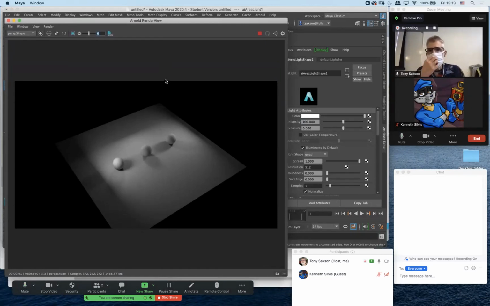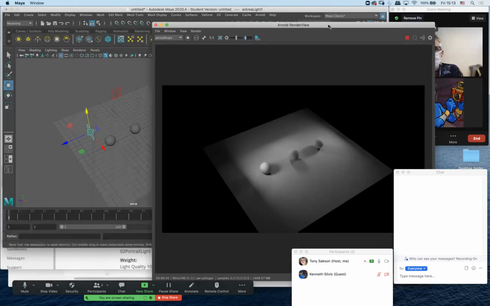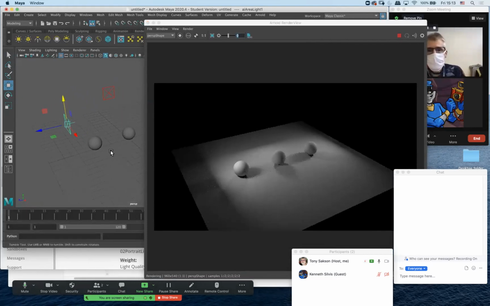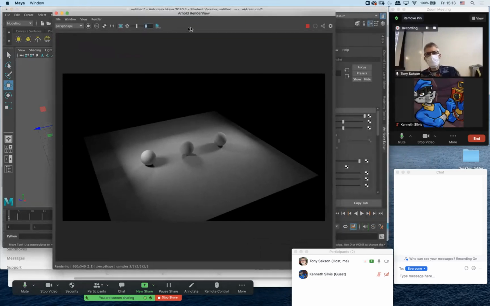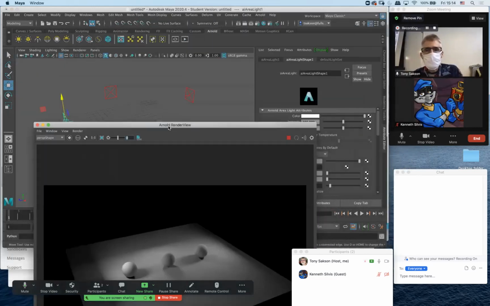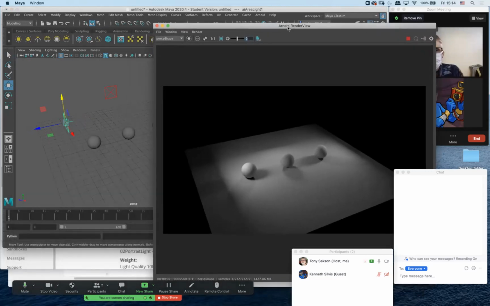All right, so I got 3 lights in there. What happens if I want to, say, for example, unlink the sphere on the left and the sphere on the right from the back sphere light? So only that back sphere light controls the center sphere. So to do that,